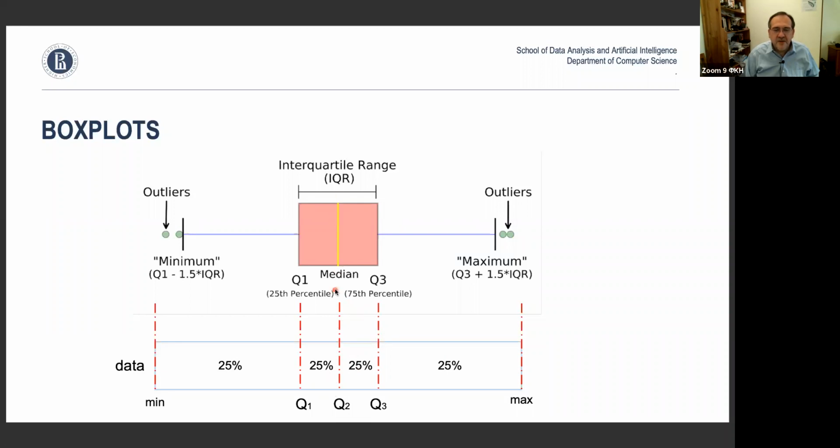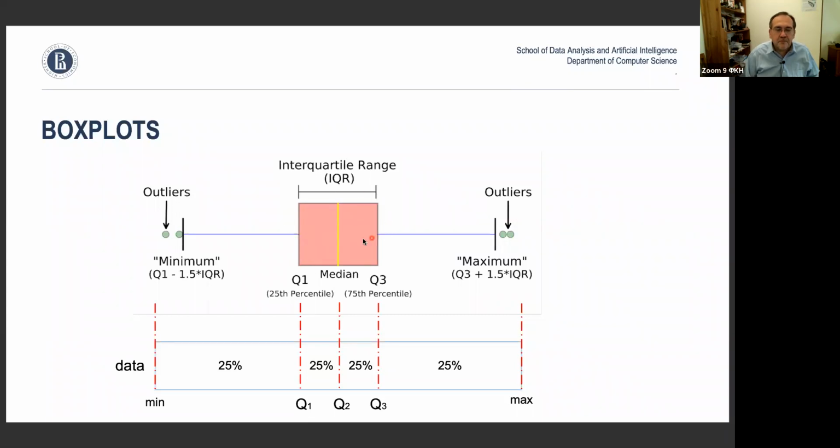And that's the line that you see usually in the middle of this box plot. This is the median of the data set. Then the other 2 lines, to the left and to the right, mark 25% of the data that is above the median and 25% of the data that is below the median. And so this box is 50% of your data. So half of your data is there.